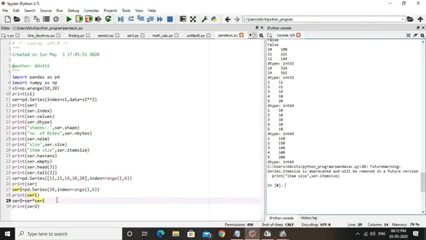Now one thing is very important here. Whenever you create two series for mathematical calculations or perform any operation, remember that the index of these two series should be similar. Like in this series I am using the index from 1 to range 6, and in the second series once again I am using 1 to 6. If the series index is different, the output will show NaN, which means not a number, the missing number.